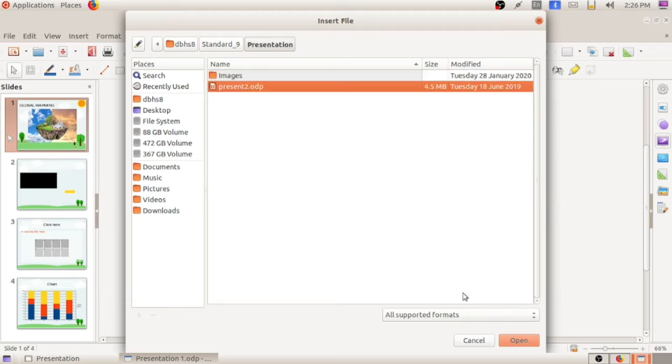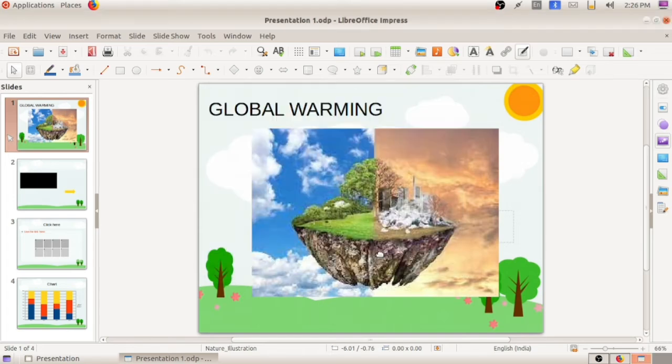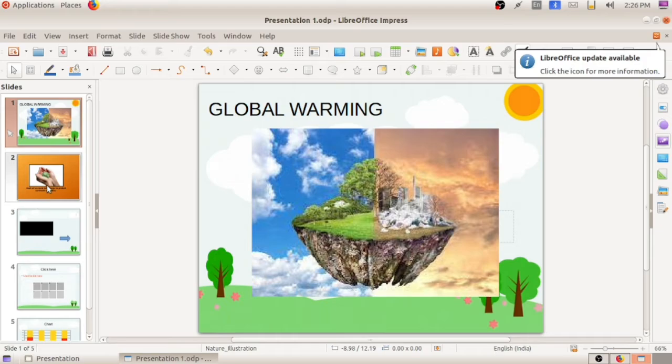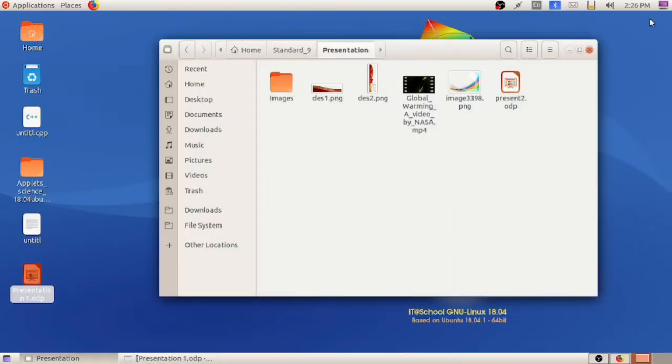This is the presentation 2.odp. Open that. When you click the location, we can add the particular slide, slide 1, slide 2. If you want to add slide 3 or slide 4, you can add that. Select that particular slide, click on OK, and that slide will appear here. Here I am selecting slide 4, click on OK, and you will get the slide over here. In the same way you can add whatever slides you want.